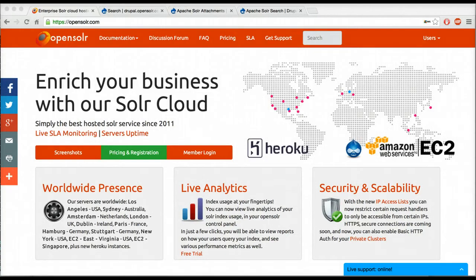Hello, welcome. I would like to demonstrate how easy it is to use the Apache Solr attachments in Drupal. This is basically used to be able to index rich text format documents directly into Solr